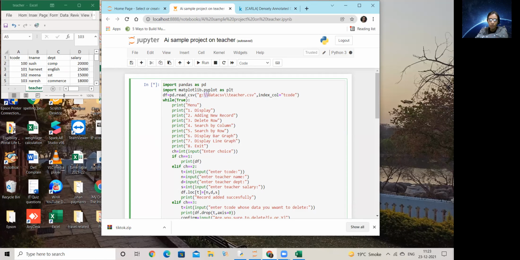But when I want it to be part of my code, what I have to ensure is that I put a double backslash, because a single backslash has a specific meaning in Python. To override that meaning, I have to give two backslashes, so that it says, okay, the second backslash means that yes, you want a backslash there. So that is why these two backslashes are important. If you give a single backslash, it will not work.